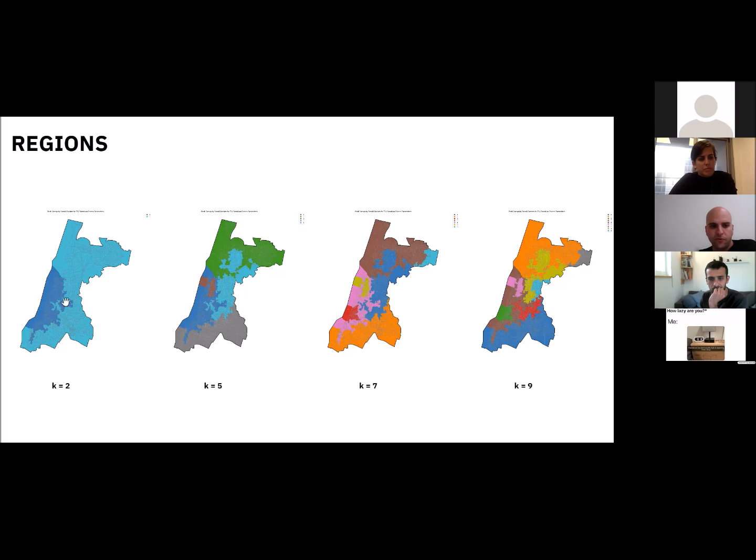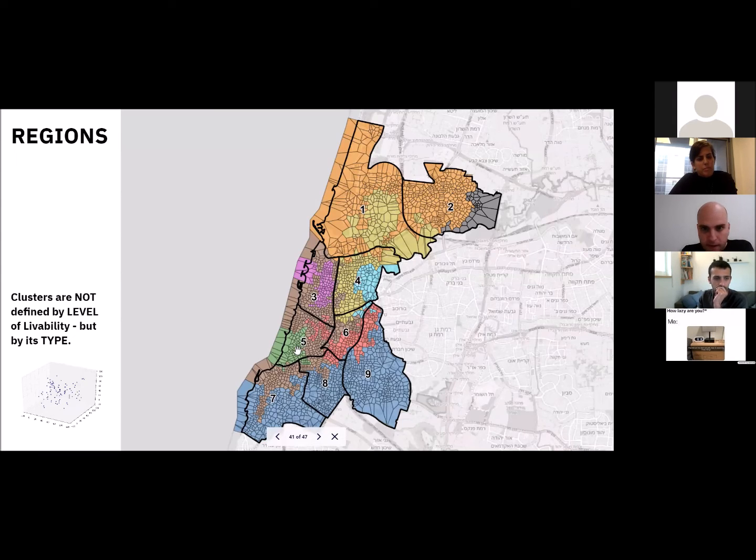So with k equal to 2, only 2 clusters, you immediately see how the algorithm recognizes the heart of the city, the center of the city. And when we go up to 5, 7, and 9 clusters, so that we can compare with the number of quarters we currently have in Tel Aviv, we can start seeing patterns of how the south is very well defined. No matter how many clusters you go with, the south is very well defined in terms of its livability performance. And when you put our clustering on top of the current quarters mapping of Tel Aviv,